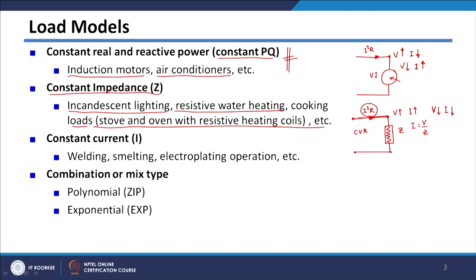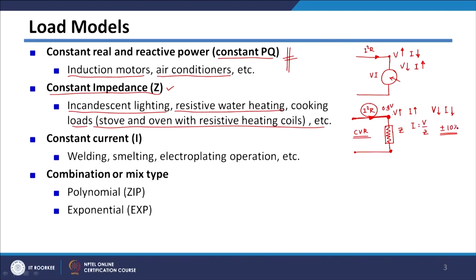This is called conservation voltage reduction. If your distribution system has a majority of constant impedance load, then they will try to put as low a voltage across the feeder as possible. However, we have to keep limits in mind. We know that only plus or minus 10% variation is allowed. So, we can operate at, say, 0.9 nominal voltage, and in that case your current will also decrease by